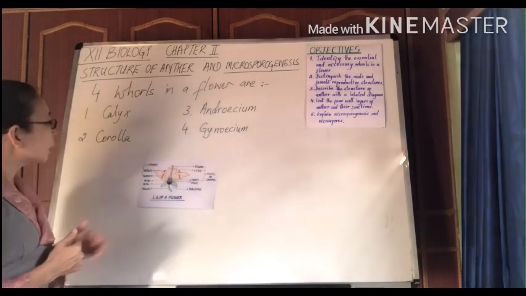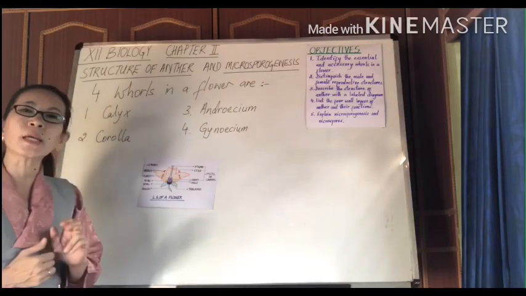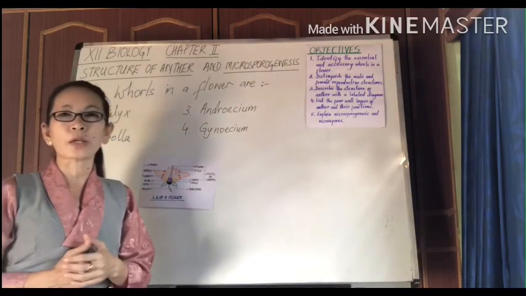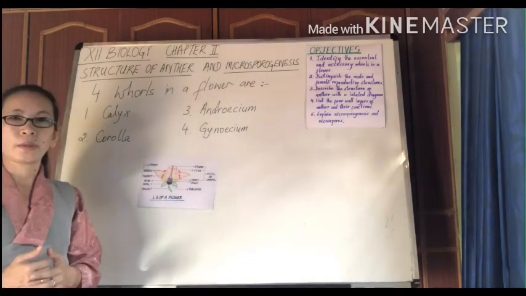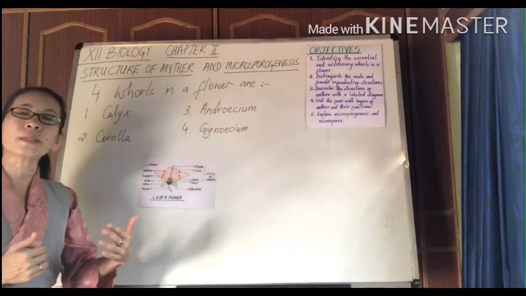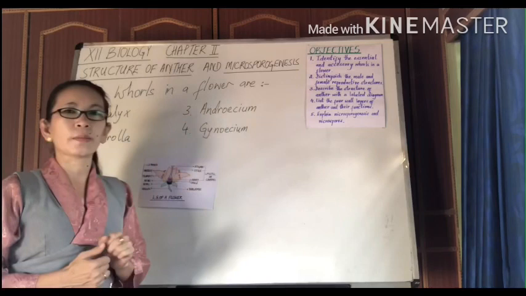And because of which, we say the outer two whorls, that is the whorl of calyx and corolla, since they are not directly involved in reproduction, these whorls are considered to be the accessory whorls. Alright, so accessory whorl in the sense they are the supporting whorls,